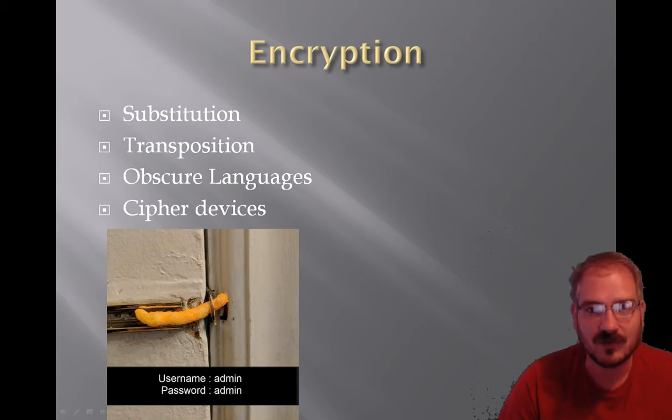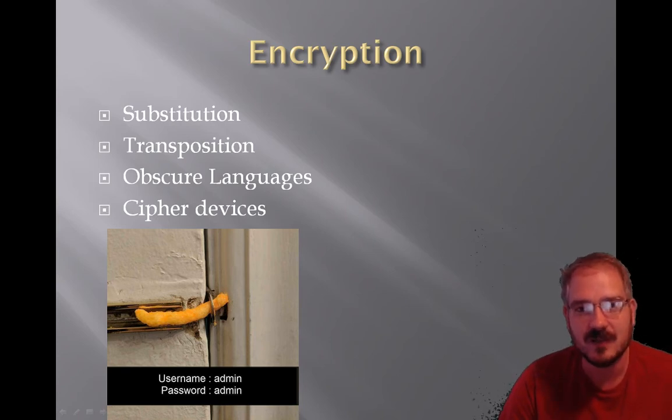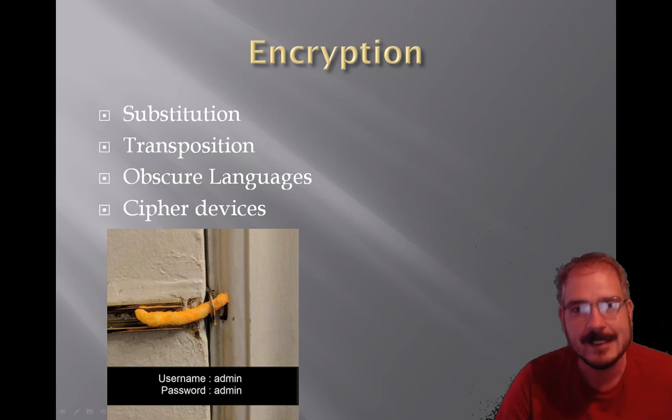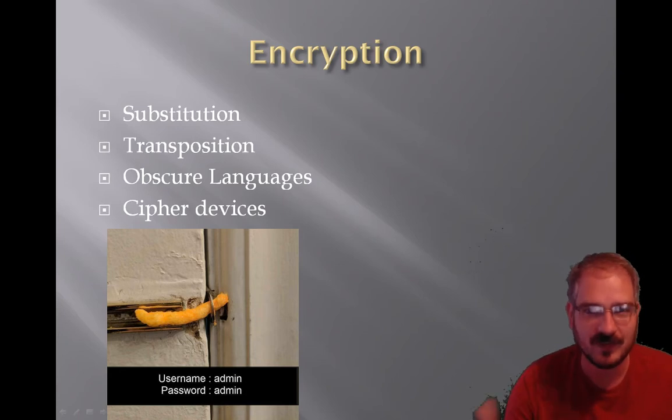Obscure languages have also been used for encryption purposes. In World War II, there was a famous incident where the U.S. Navy and the U.S. Marine Corps used the Navajo language to encode their communications between the ships and the Marines on shore. And what would happen is, every ship had a Navajo code talker who spoke Navajo and was able to sit on the radio on the ship.